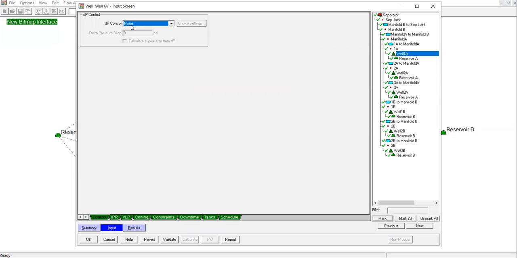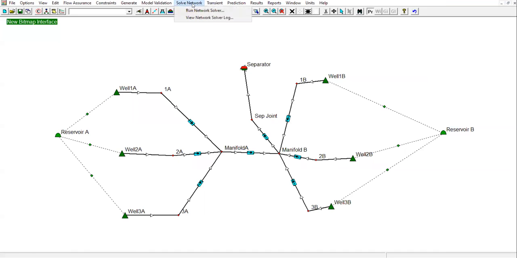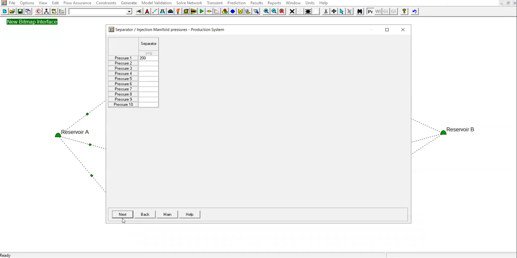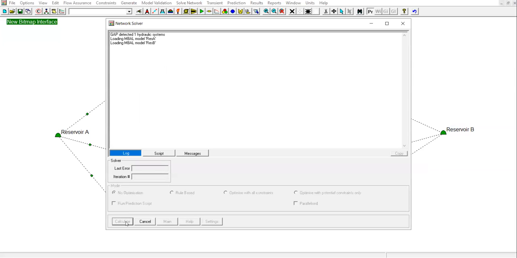Okay, so it means that we don't have a choke or the delta pressure drop of 0, or no control at all. It means that, yeah, the wells are fully open. So click on OK here, solve network, run network solver, next, calculate again,